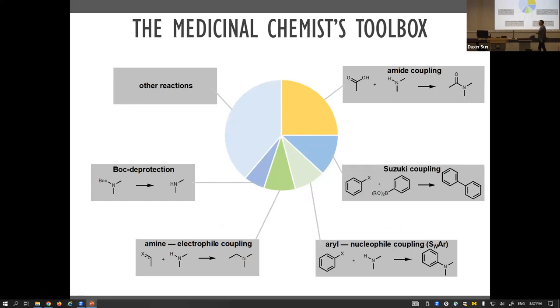Multiple groups have repeated this result. Unfortunately, I can't see the references here. I don't know if those online are able to see it. But there's a reference down here from Jonas Bostrom. And so what he did was he scraped 40 years of papers from the Journal of Medicinal Chemistry and came to this conclusion. You'll get a nearly identical pie chart if you scrape the entire US PTO of patented pharmaceutical